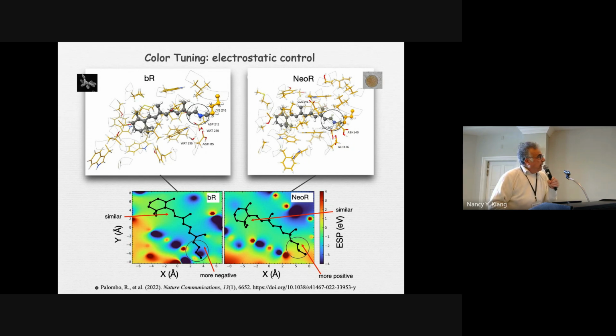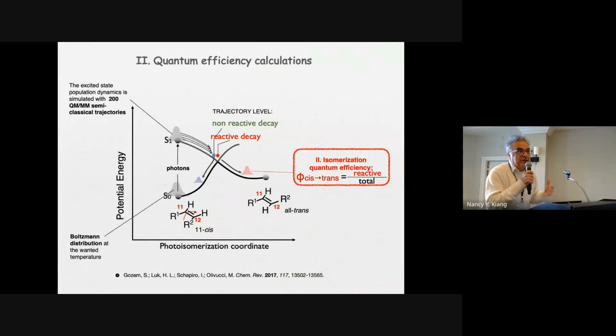Now, I wanted to pass now to the second type of prediction, which is instead the efficiency of the photoisomerization. We have been talking about the primary event in proton pumping. That's a primary event also in vision, okay, in our eye. And most of the studies here have been done using the visual pigment, but from the chemical point of view, the system is the same. It's a rhodopsin, a single protein, and a single chromophore. And now I'm going to explain to you how you can use this model to compute the quantum efficiency of